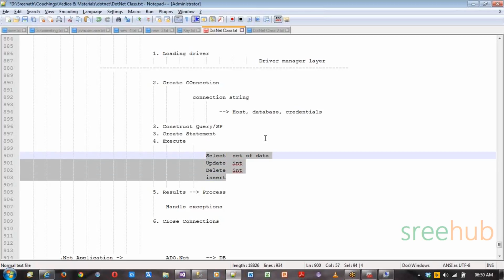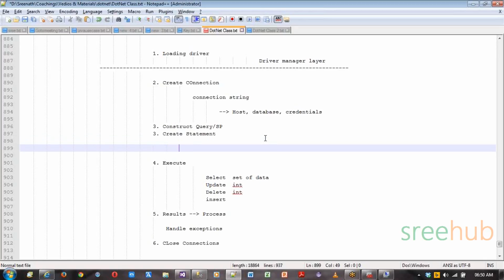And based on the different type of executions, which means you build different types of queries, which retrieve different types of data. Like it can be rows, it can be an update result of whether the query got executed or not, or a single scalar, right? Based on that, we have